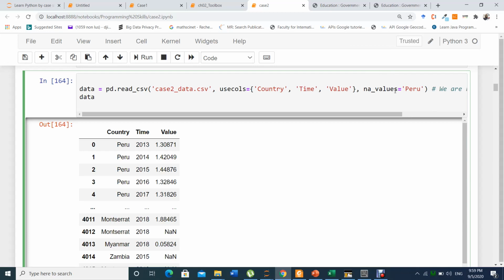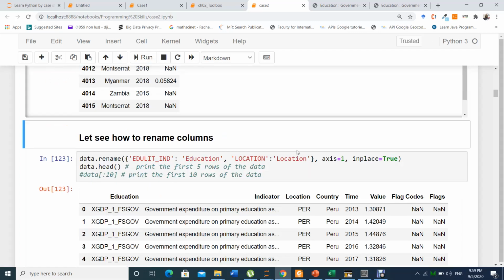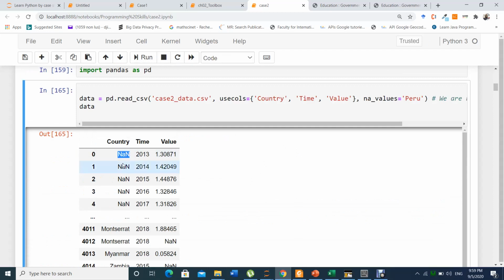What will this give us? It will put all the Peru names as non-value. For instance, you want to do the analysis focusing on all countries except Peru. So when you run it, you'll see all the Peru become non-value. You see the Peru first, now it becomes NaN. It means it considered Peru as non-valid.